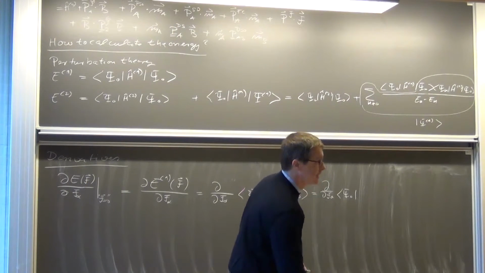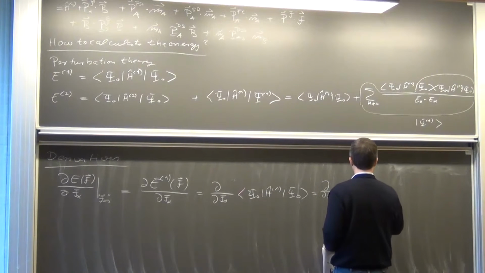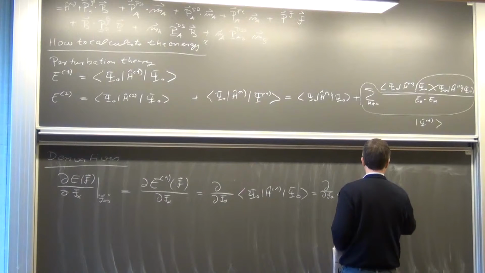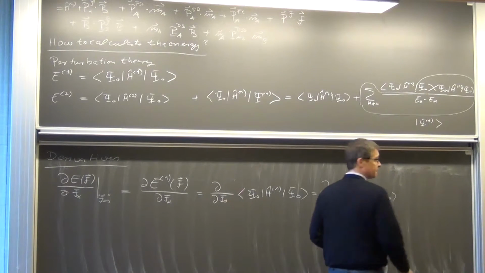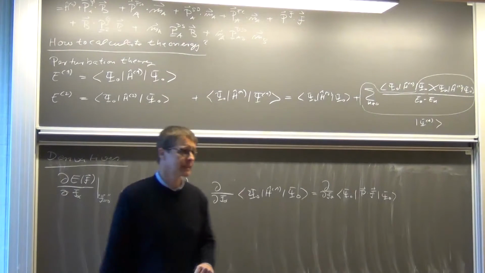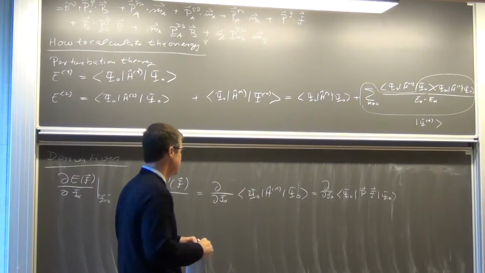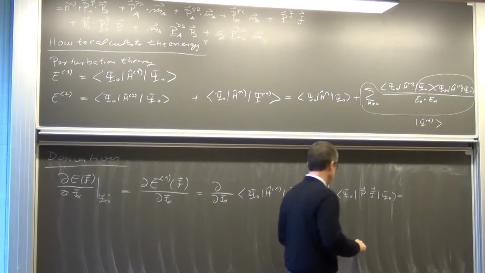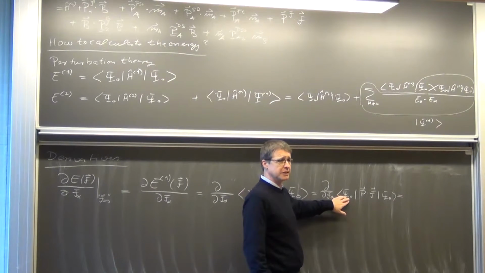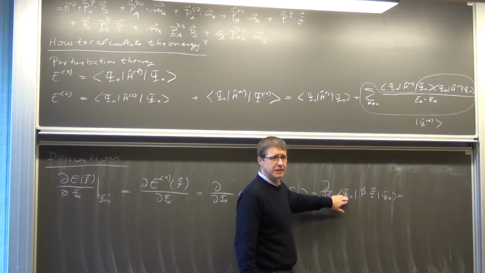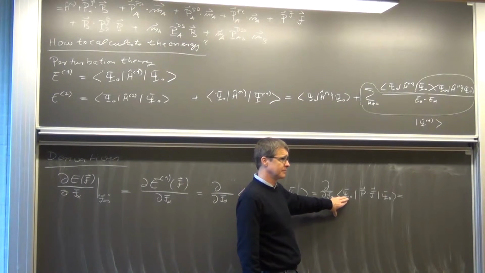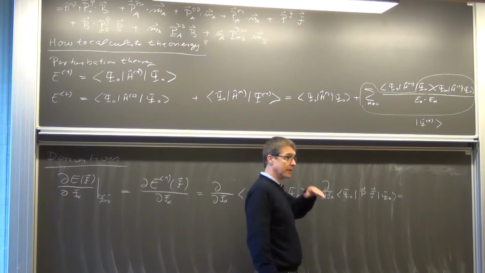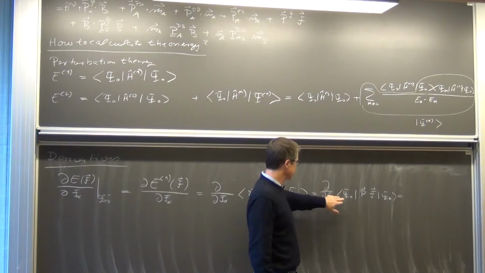Just write it as one of those vector operators P times a general field or magnetic moment, whatever it is. It could be electric, it could be magnetic, field or magnetic moment. Then this is a zeroth order wave function, so this is an unperturbed wave function. That does not depend on the fields, because it comes from the Schrödinger equation where there are no fields. So if you take the derivative of this,